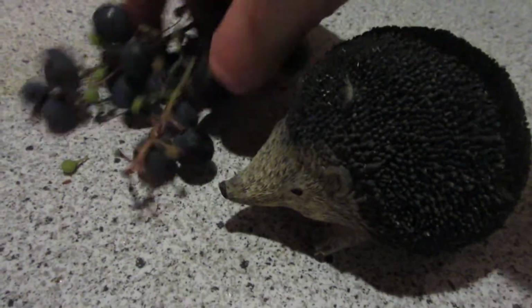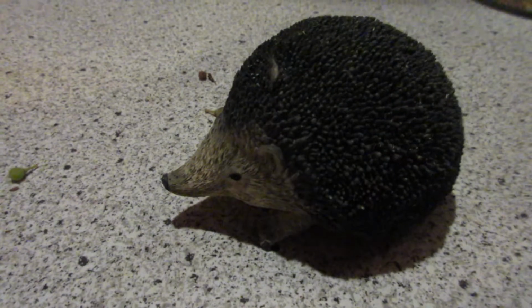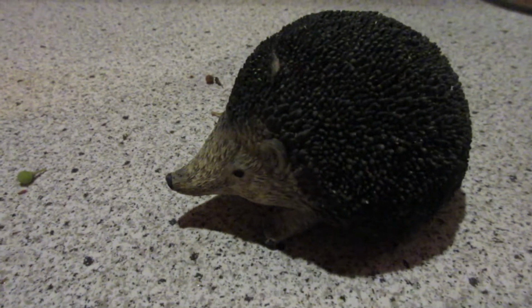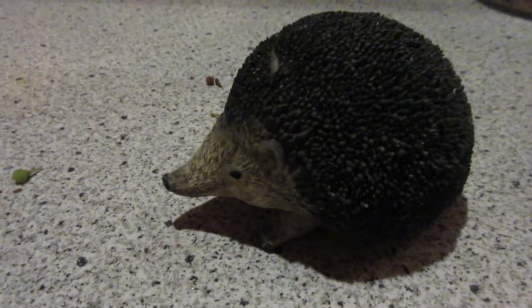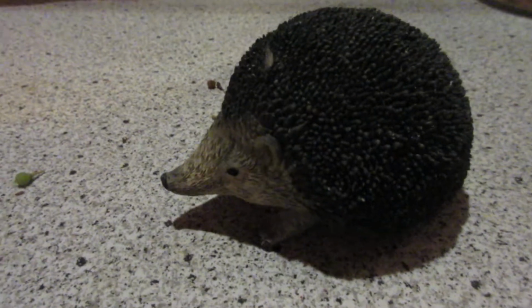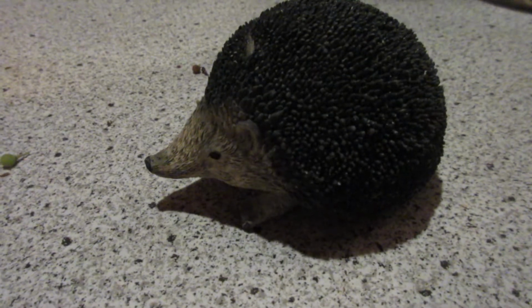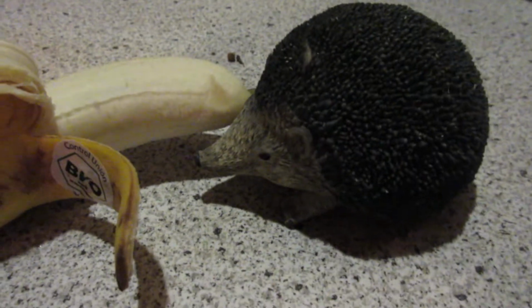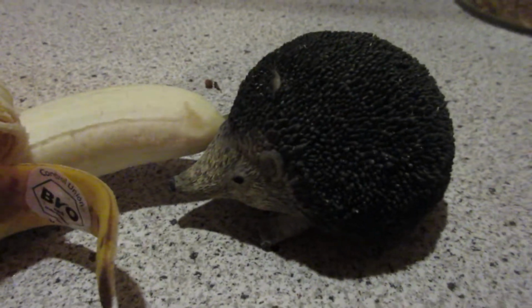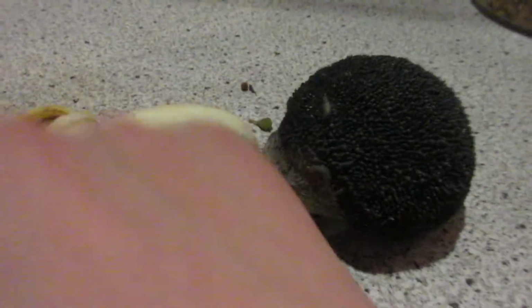They really like it. Talking of fruits, hedgehogs are not really fruit-eating animals. They like to munch an apple from time to time, but that's more for getting some liquid into their body, and not so much because they need apples. But one fruit is really good if the hedgehog has diarrhea or other gastrointestinal problems, and that's a banana. You shouldn't give it a whole banana because it might cause constipation, but like this much of a banana mashed